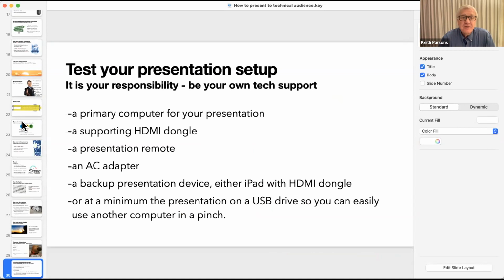Another super obvious one, test your setup beforehand. I suggest not just testing it, but you bring all your own stuff. You bring your computer, you bring your presentation, you bring your own dongle, you bring your own remote, and it's a remote that you're used to and you know how to use it and go forward and backward. You might want to bring an AC adapter as well. I mean, at WPC, we put an AC plug right on the bottom of the lectern